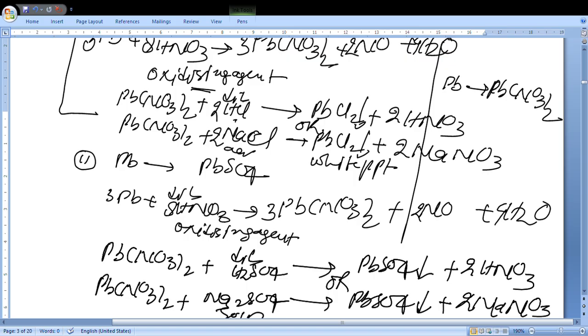Okay, so this was the displacement method where we have learnt two questions: how will you convert Pb into